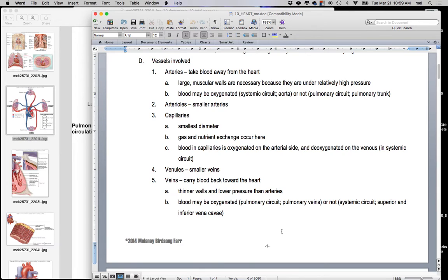Veins, however, receive blood from the backside of capillary beds, so they're receiving blood in trickles, right? And I don't know if you guys know this, but you can, of course, detect your pulse in an artery. You can detect almost no variation in pulse in veins at all. So they have no real detectable pulse pressure. Does that make sense to you? So they receive blood in pretty continuous flow back from your